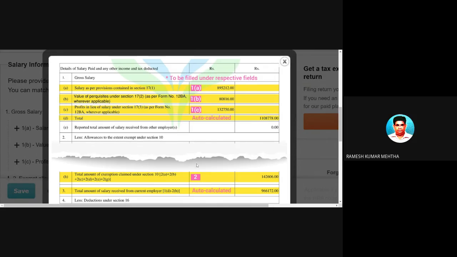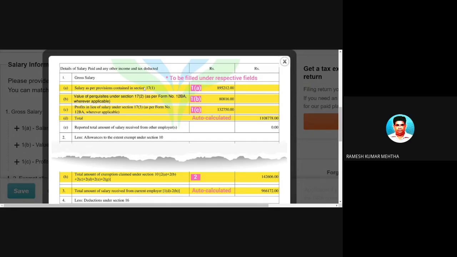All this is the fashion which has to be followed, and this is prescribed by the income tax department. Okay, so you need not worry about the details, because form 16 will contain all the details, and these details are just to be entered on the website or the portal cleartax.in